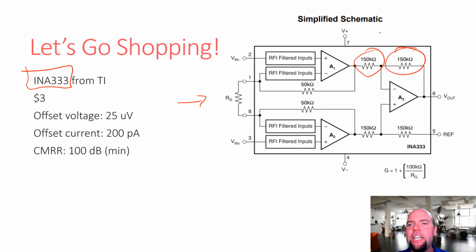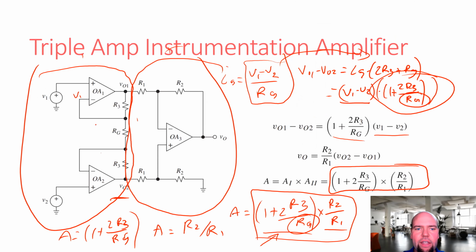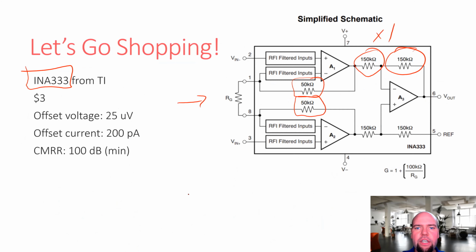The gain of the second stage of this is 1. So the gain of the second stage is 1. And what's the gain of the first stage going to be? The gain of the first stage is going to be, looking back, we had 1 plus 2 R3 over RG. So this is going to be 1 plus 100 kilo ohms divided by